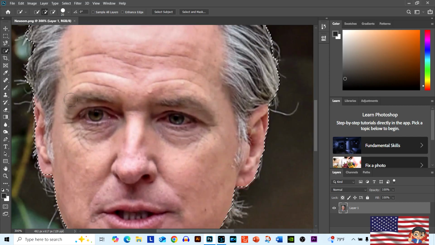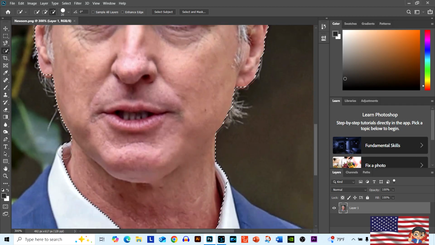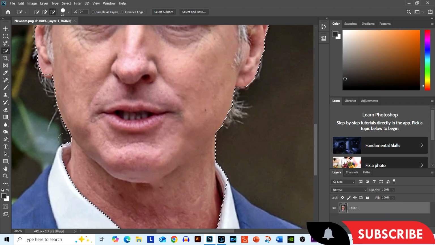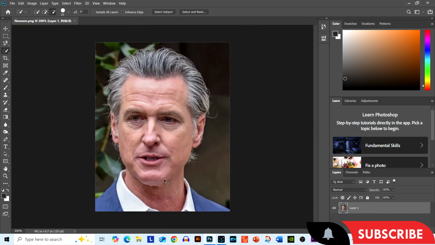I'll just come over here and grab things. Now I don't like that. I'm going to minus this one here. We have his ear, we have his face, everything looks good. Now you can see that whiteness, I don't like that. I need it to be a little more skin color, and there we go. Anyway, let's keep going here.